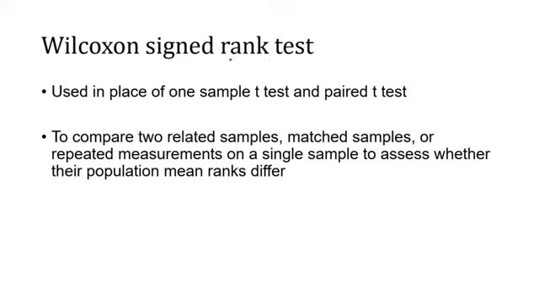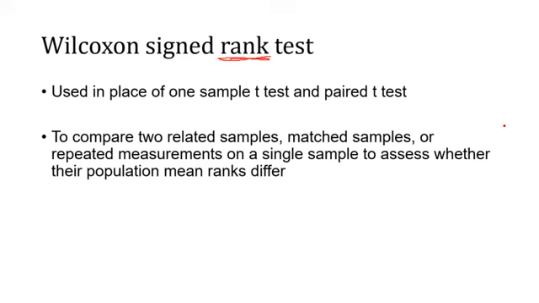It is actually a rank test. So here the data will be in rank order. In the t-test, we were talking about data collected on an interval scale or a ratio scale. A scale value will be there. The numerical values will be there, like test scores, a student's marks, who scored a particular score.